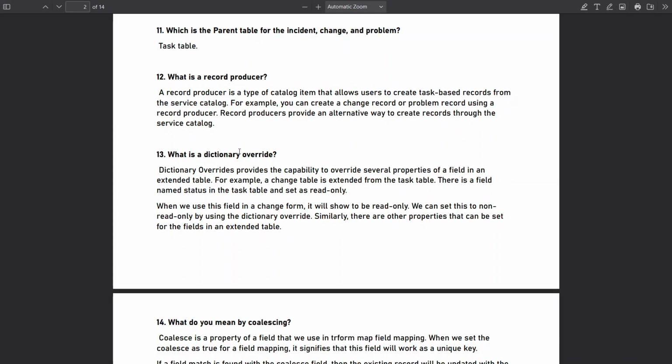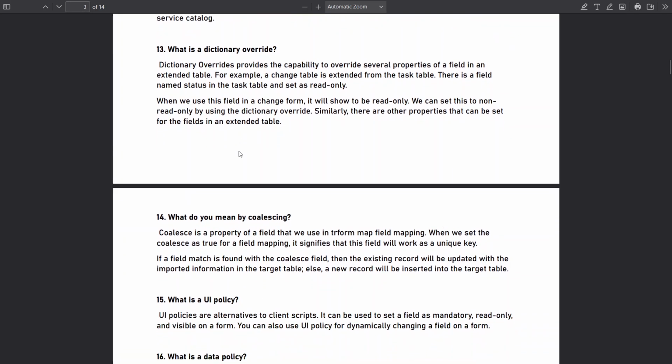13th question, what is a dictionary override? Dictionary overrides provide the capability to override several properties of a field in an extended table. For example, a change table is extended from the task table. There is a field named status in the task table and set as read only. When we use this field in a change form,